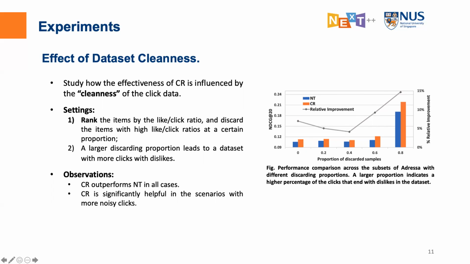We can find that when we increase the proportion of noise data, our method has better performance, because there are more clickbait items, and the method achieves better performance because it mitigates the clickbait issue. Yeah, and our method can achieve better performance than the baselines and the best baseline over different proportions.